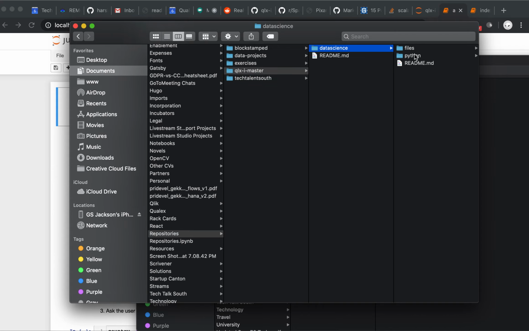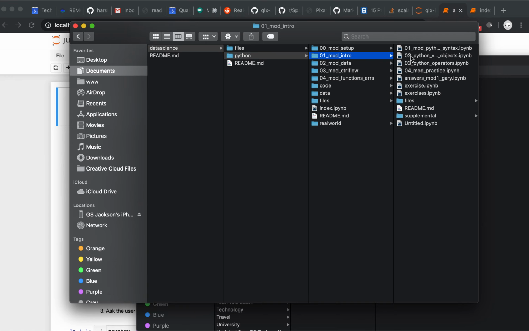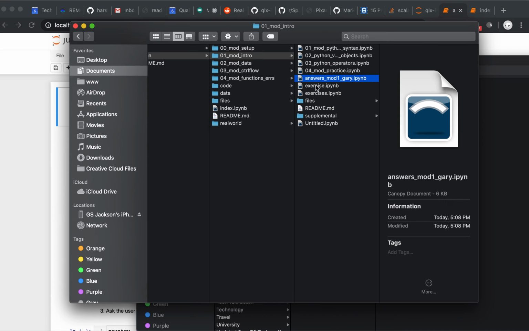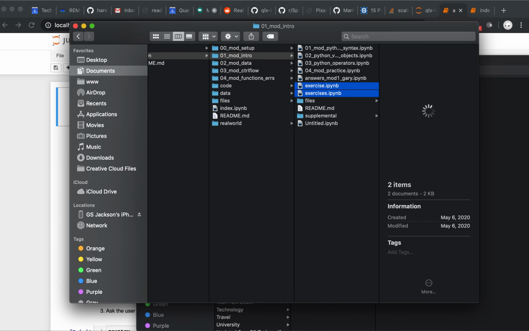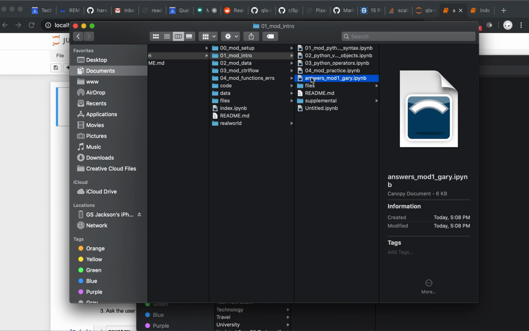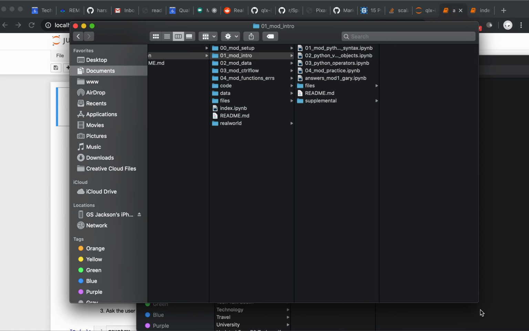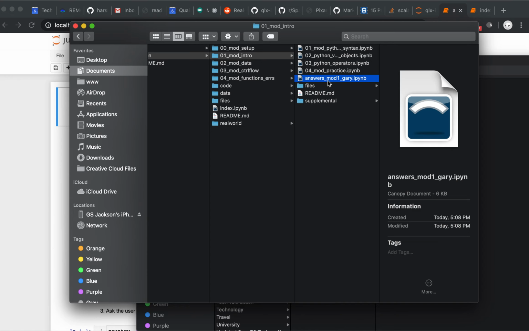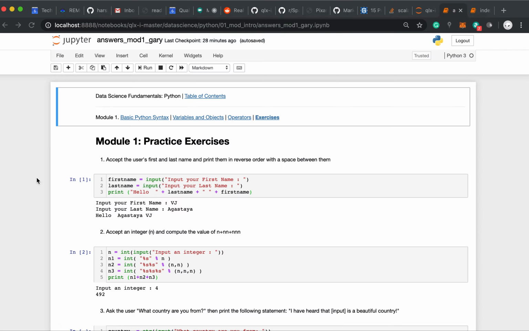go into the QLX Python mod 1. Where did I save it? Here it is. Let me get rid of these because those don't matter. I saved it as this answers mod 1, and you can just email it to me. That's a simple way. All I did was save as, name it there, go to my Windows Explorer, my file manager, and send that in an email. Super simple. Or the cool way to do it,